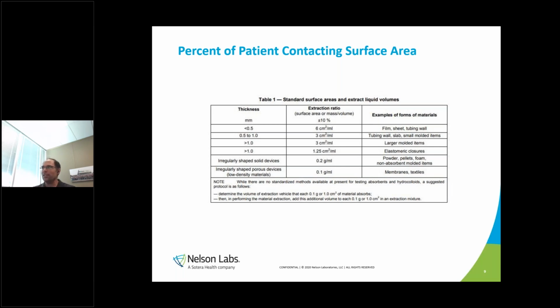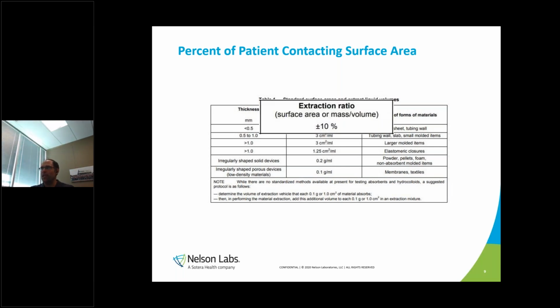Now, there's a nice little part of this right here, which is the plus or minus 10% for the ratio. And what that means for me as a lab is if you give me a surface area ratio that lab A did, and we did a kind of different one, because we do these based off of paper calculations sometimes, and our paper calculation was a little bit different than lab A's calculations, if it's within plus or minus 10%, then we can call those results comparable. And so what we look at, for changes, is if your change impacts less than 10% of